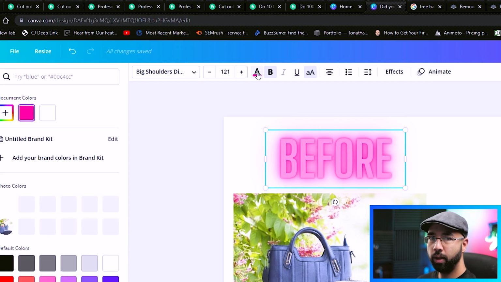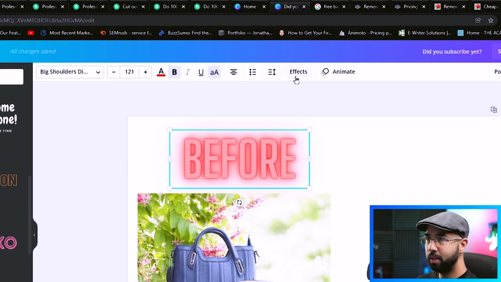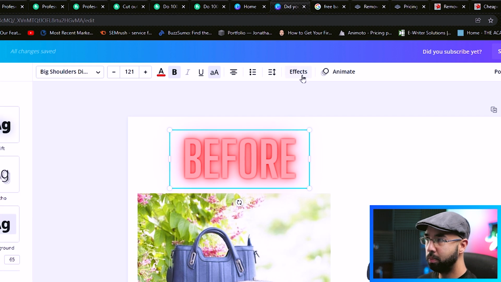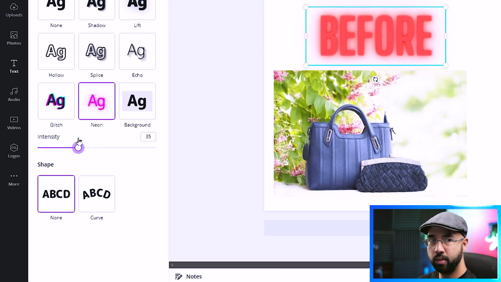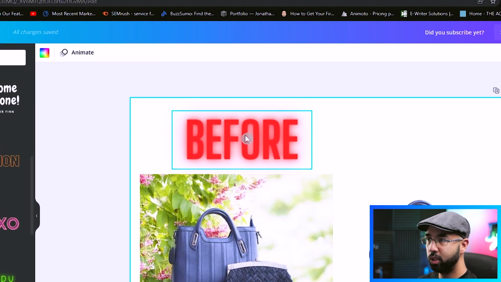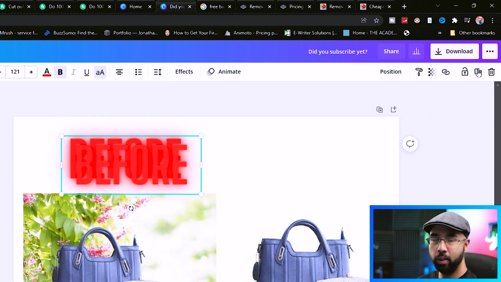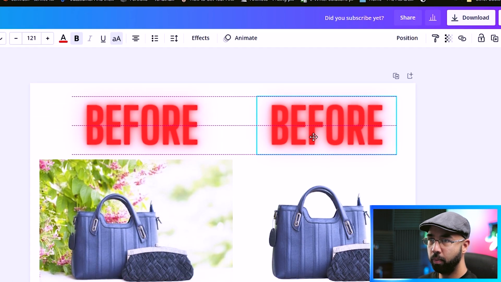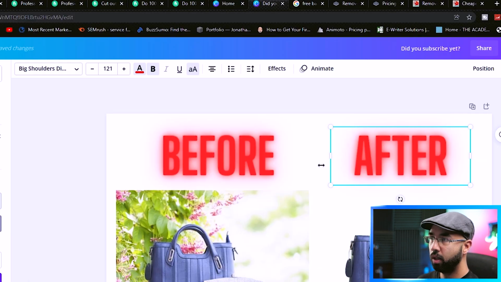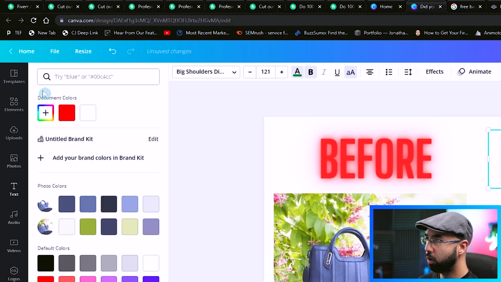Change this to red, just like that. You can even easily modify the effect by clicking it, going up to effects, adjusting the intensity here. And for simplicity, we can just click here and choose to duplicate it. Drag this one over here, rename this one to after, and change the color of the text to green, maybe